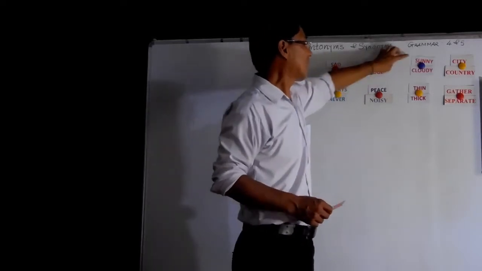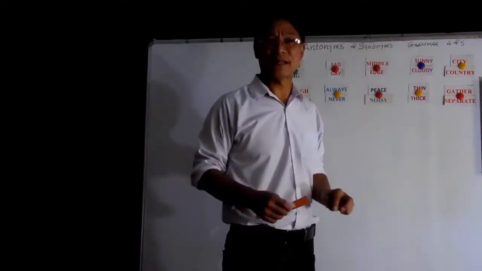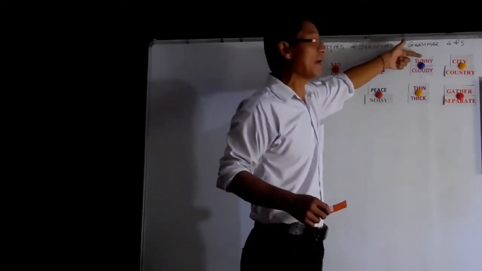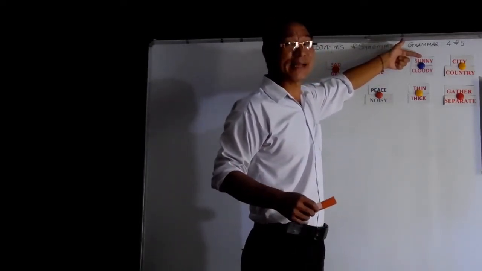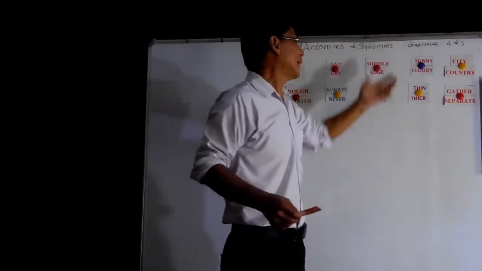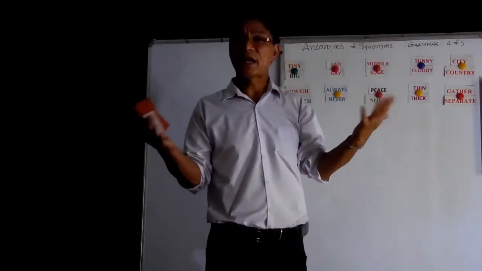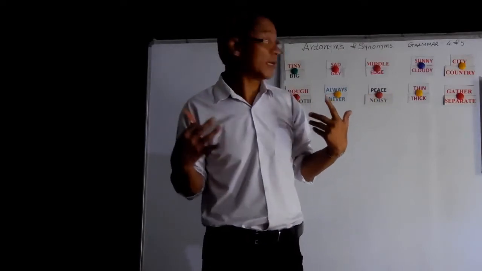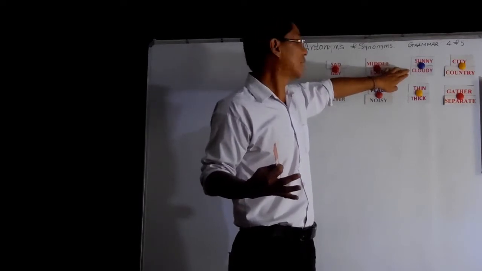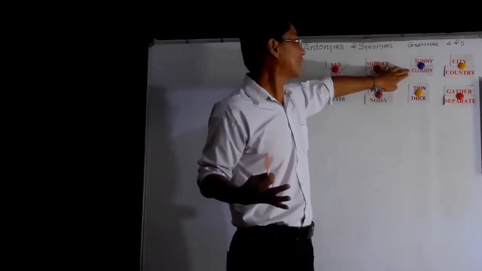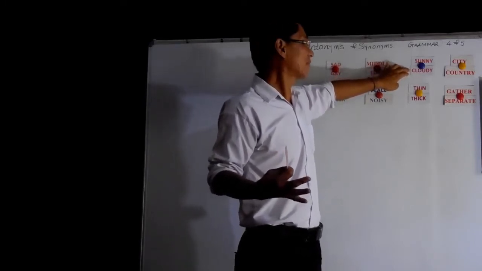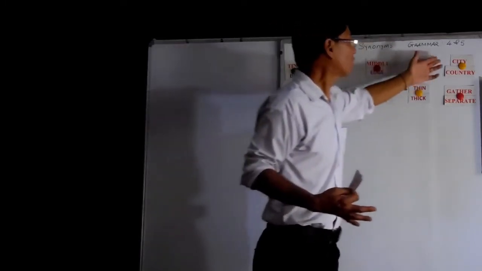Next one is sunny. It's a very simple word. Sunny. S-U-N-N-Y. Most of the students, they spell wrong, because we have a double N out here. So the opposite of sunny is cloudy. Say today the day is very sunny. The sun is very bright. How do you say? The sun today is sunny day. Now if the day is very bad, you can say full of clouds. You can say cloudy day. The day is very cloudy. Not good. Okay, next one is a confusing one.